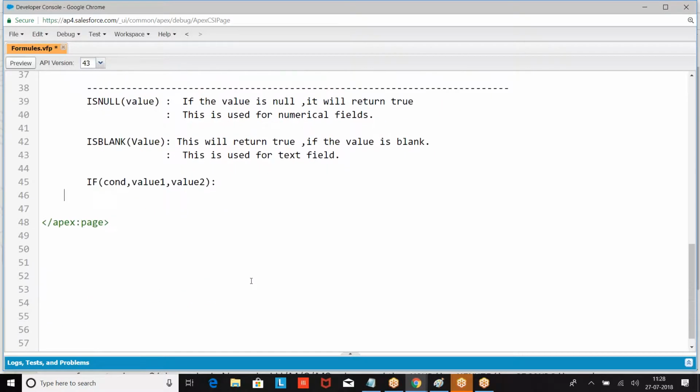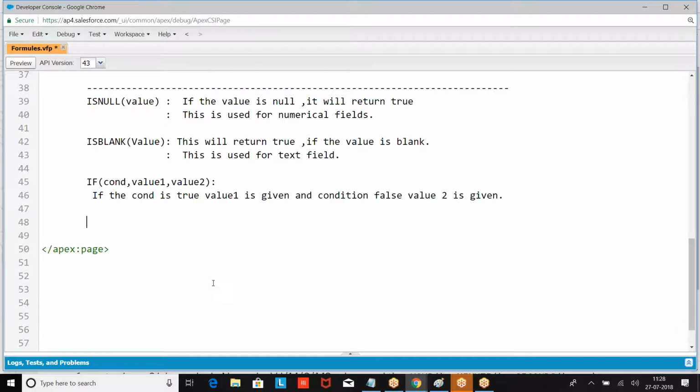Condition is false, value 2 will be given. Right? This is how we are giving.